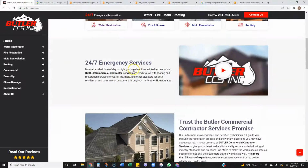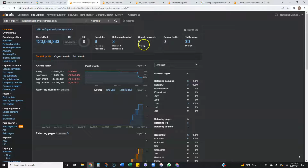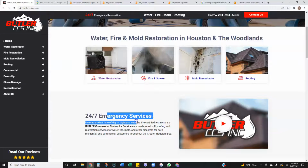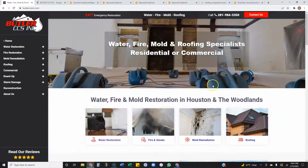And content is really important for a couple of reasons. The first is so that you can be found for a bunch of keywords. And currently, you're not being found for any keywords within the top 100. So you're not ranking for anything, but you do have a lot of content in your site. And there's a couple ways to rank for specific keywords. The first is to have them within your heading, within your content, save images as those keywords,